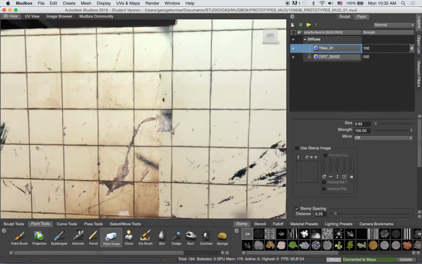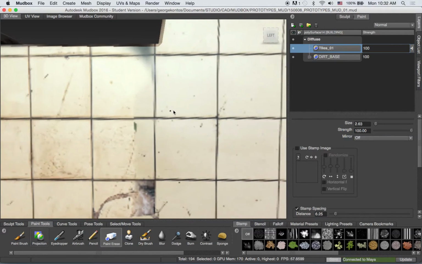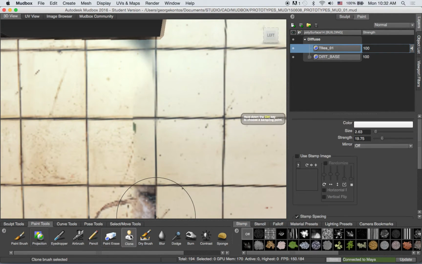Now, a very good tool is the stamp tool. Here's the clone tool, sorry, the clone tool, and you have to press the Control key to clone stuff. So let's make the brush smaller, hold Control, click, and start applying this. The clone tool is great because